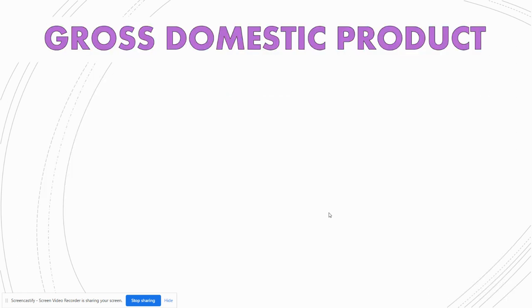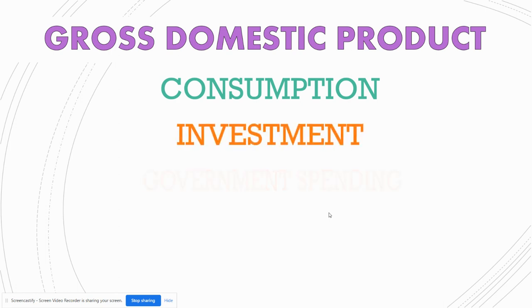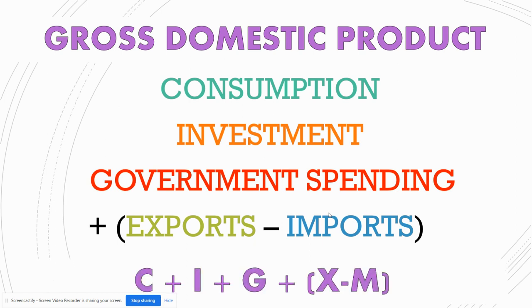So when we calculate GDP, we're looking at four components. So there's component C, which is consumption, investment, government spending, and something we call net exports, which is simply exports minus imports. So we total up each of these categories and then we add them together, and that gives us our total GDP. So a lot of times you'll see it listed this way: C plus I plus G plus the total of X minus M.